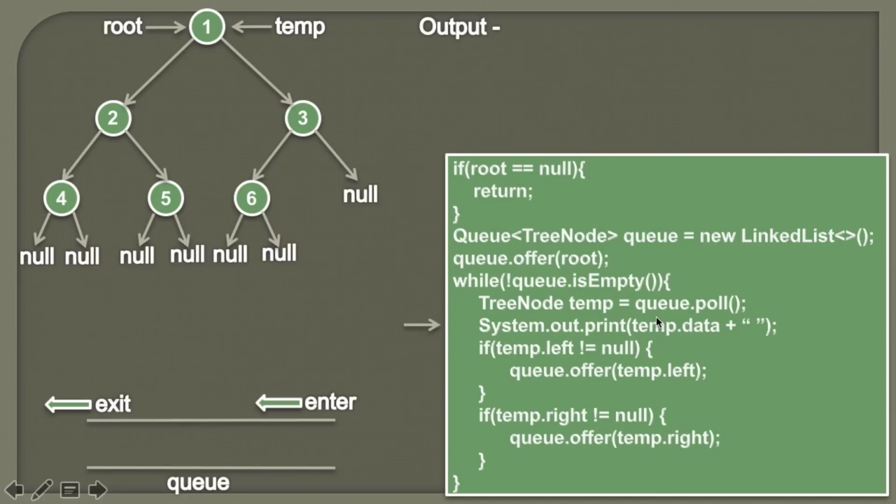After pulling the node from the queue, we simply print its data on the console. So 1 got printed on the console. It means we have visited node 1. And as we discussed earlier, when we visit any particular level, we store the elements of its next level on the queue. So here we first check whether temp.left is equal to null or not. Temp is pointing to node 1 and its left is pointing to node 2. Therefore the condition in the if block comes out to be true because temp.left is not equal to null.